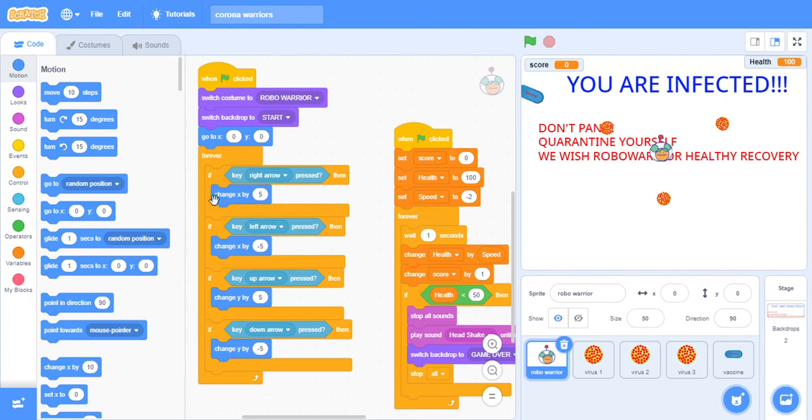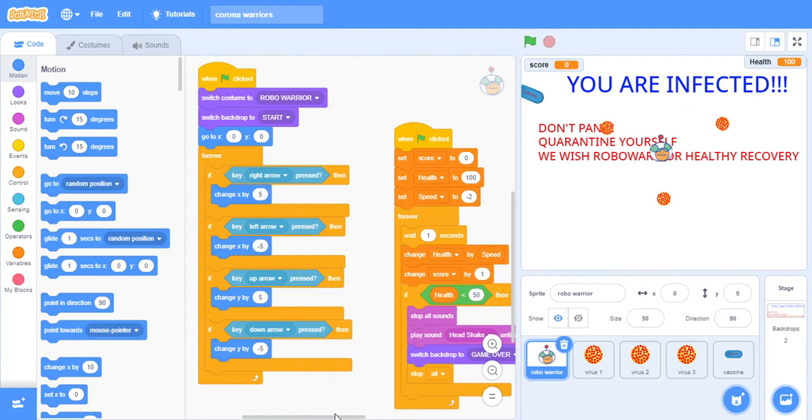So how to do duplicate? Again, you can right click on this, and you see there is a duplicate option. You can use that. You just have to change this left arrow, right arrow, up arrow, down arrow, and you can change its change X or Y, and you can just add plus and minus. Okay, that's it.